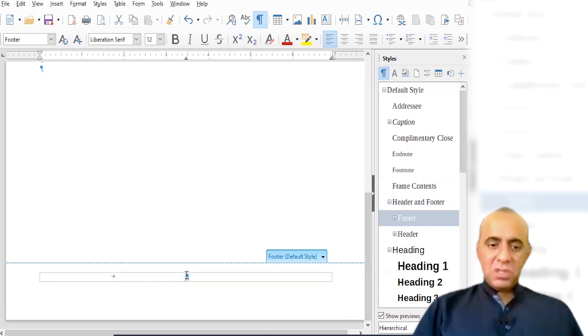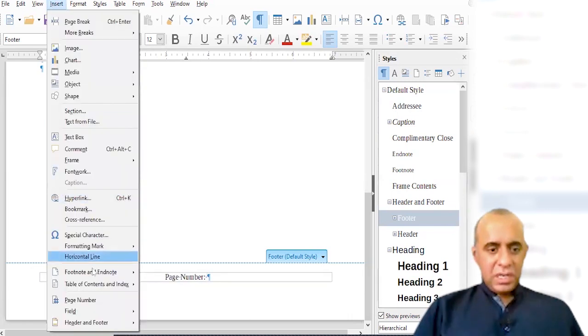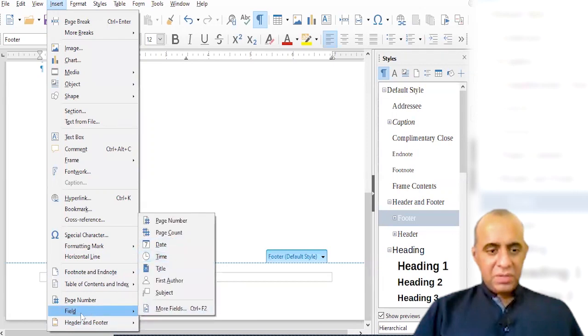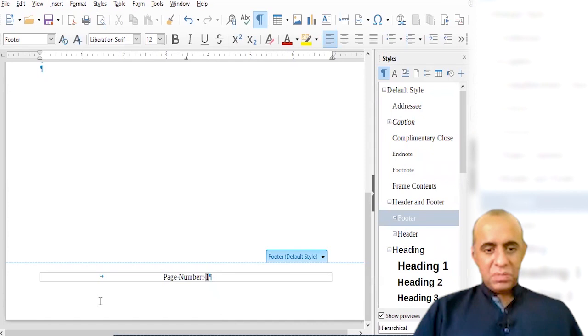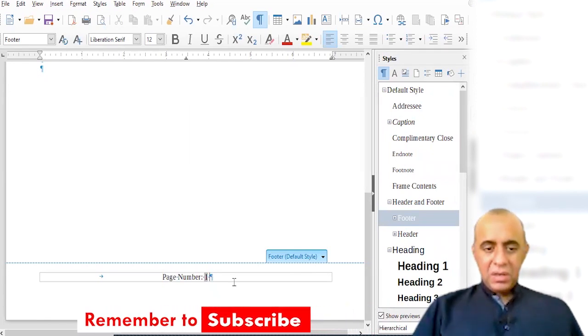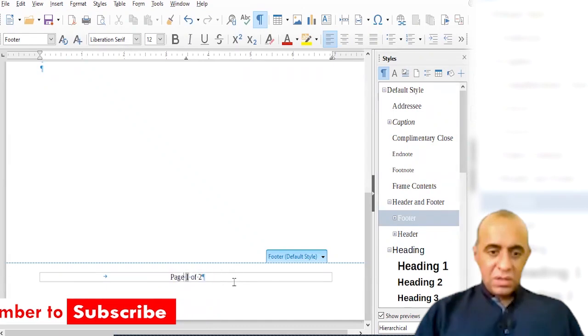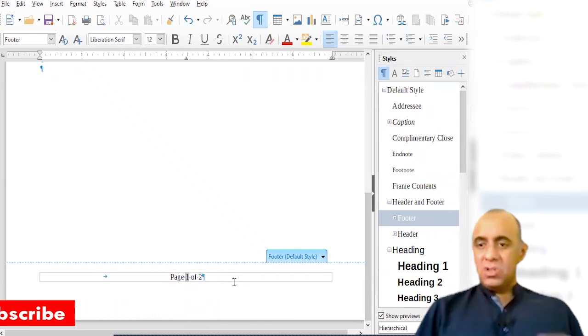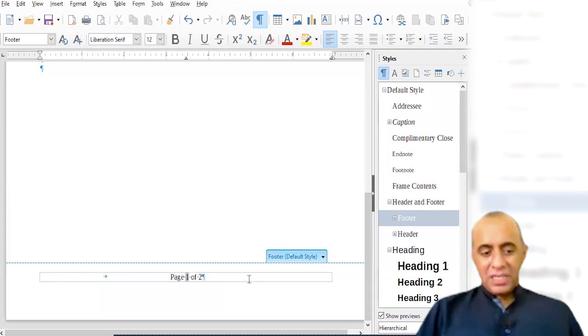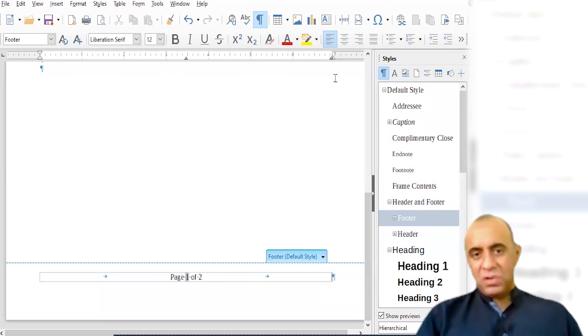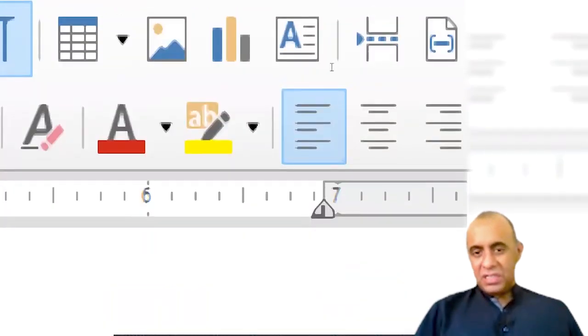So I'm going to insert my page numbers over here, and I'm going to go to insert, field, and page number. Actually, it is also available over here, so I can click page number. Right. Sometimes we also type in 'of' total pages, page 1 of 2. It means there are 2 total pages, and this is page number 1. I'm going to press the tab key at the end of this line and see what happened. My cursor went straight to the exact right side of this line. That was because of this tiny reverse L that you should be able to see. On this triangle, you can see an L shape which is reversed like this.